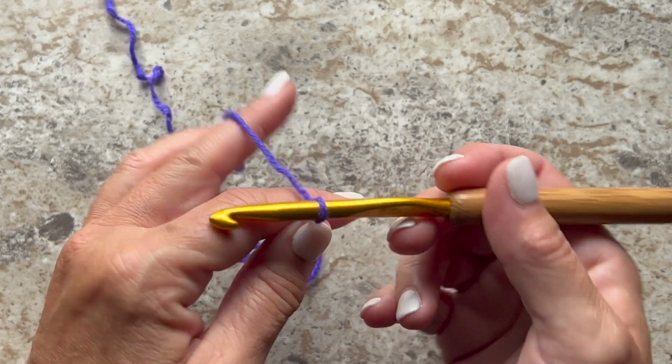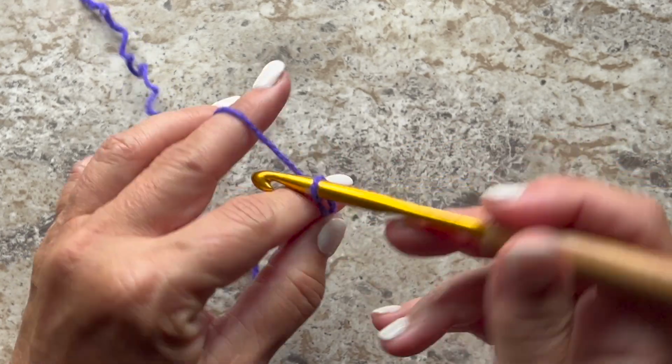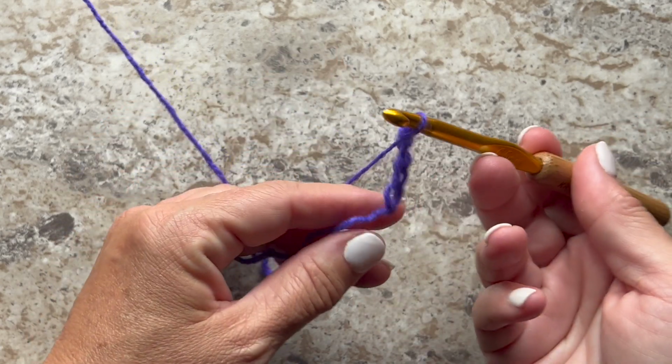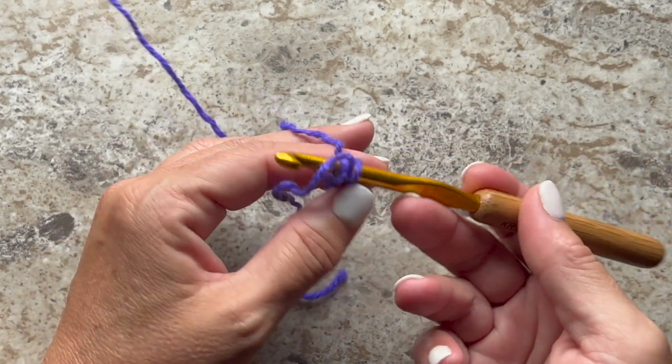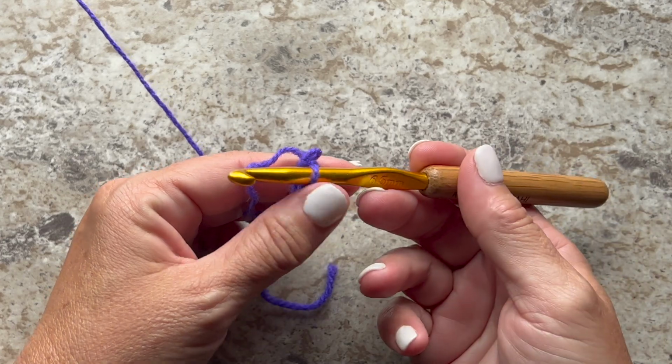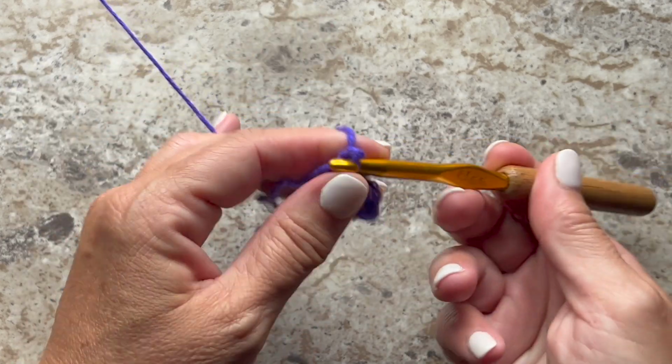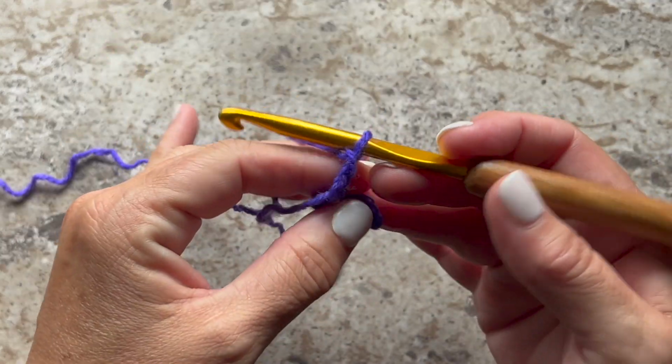Start by tying your yarn to your crochet hook and then chain 5. Slip stitch to the 5th chain from your hook to form a ring. Our setup row begins with a chain 3, which counts as our first double crochet, then double crochet in the